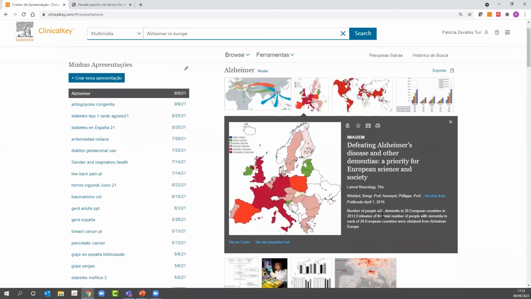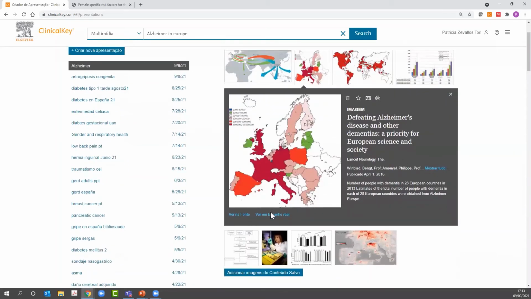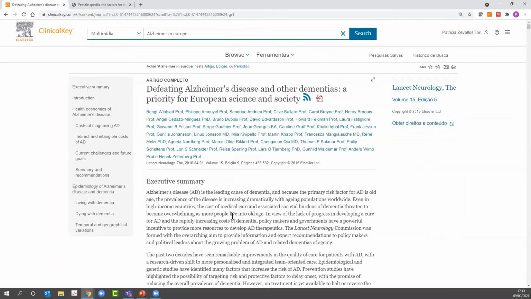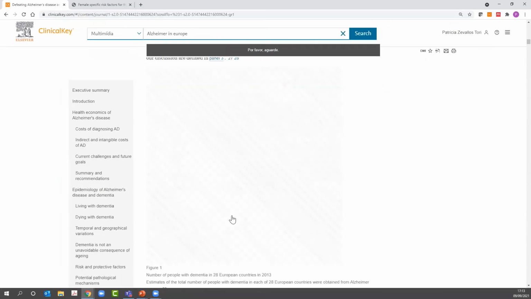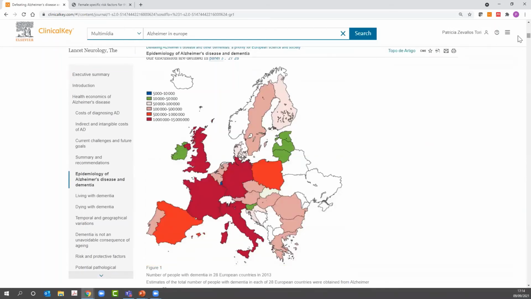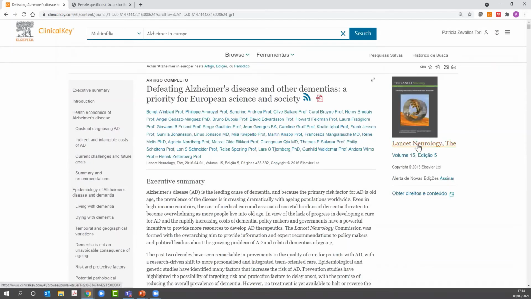And then from here, you can see this image in real size, or go directly to the source. In this case, it's very useful because you know where that image is coming from, and you can read the whole article from the beginning. You can read all the articles, in this case of The Lancet Neurology, and of course you can obtain the rights and the content. So for that, we are going to click here,